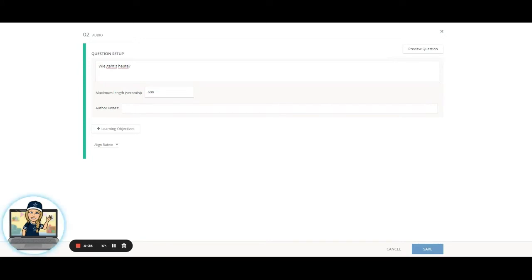As a German teacher, just lean towards that as an audio response. Down here, you will see maximum length in seconds. It defaults to 600. I'm going to adjust that to 60 seconds. This is a pretty basic question, maybe for a beginning German 1 student, so they don't need a whole lot of response time here. You can attach learning objectives, as we can with all of our question types, and you